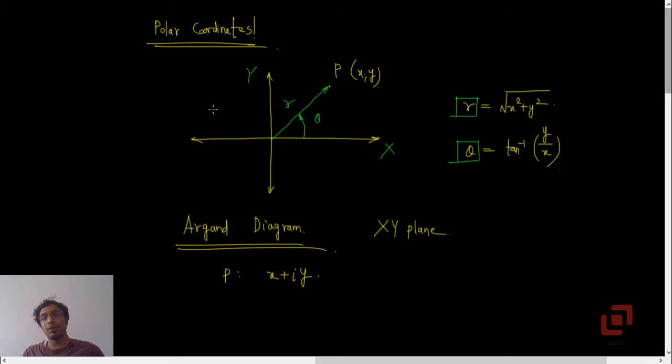When we talked about polar coordinates or conic sections, we were not saying that these points actually represent complex numbers. What we were saying was there is an ordered pair (x, y) associated with each and every point. We called the first element of that ordered pair the abscissa or x coordinate, and we called the second element of the pair the y coordinate or simply ordinate. Now we are making a change. We are considering the same xy plane, but we are now calling it an Argand diagram, or sometimes we also call it the Argand plane.